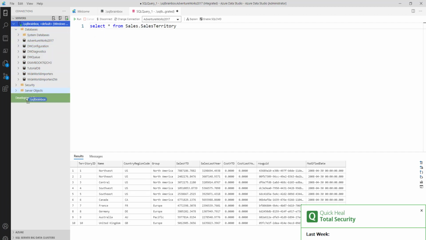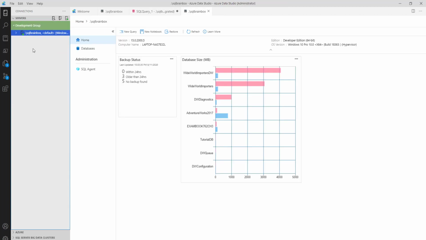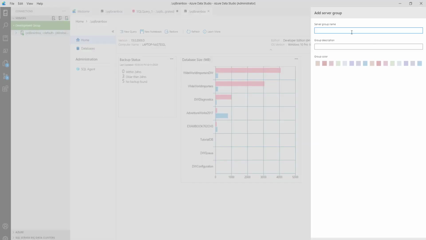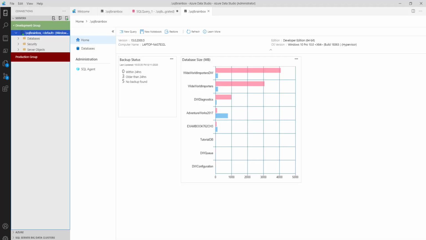Just drag and drop this SQL Brainbox instance inside the development group. Similarly, you can create any number of groups, like a production group with a color, and map the production server here.